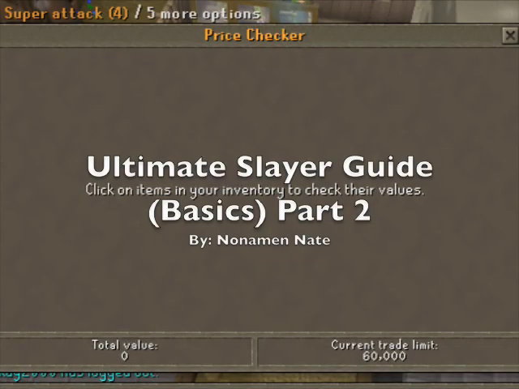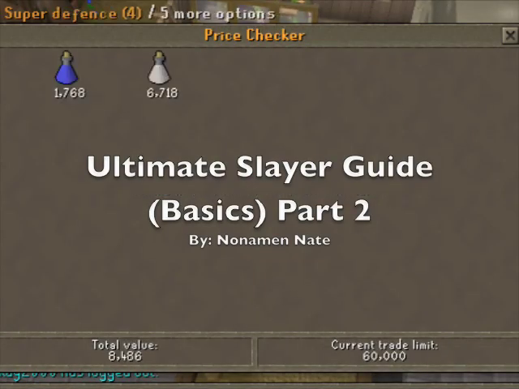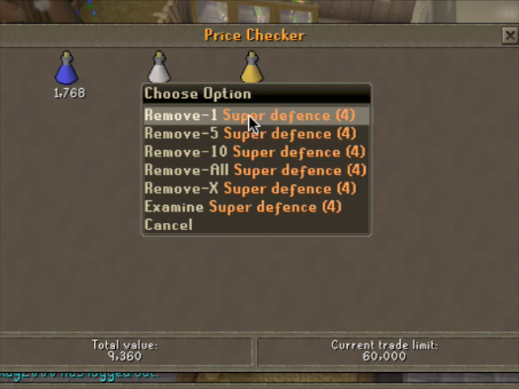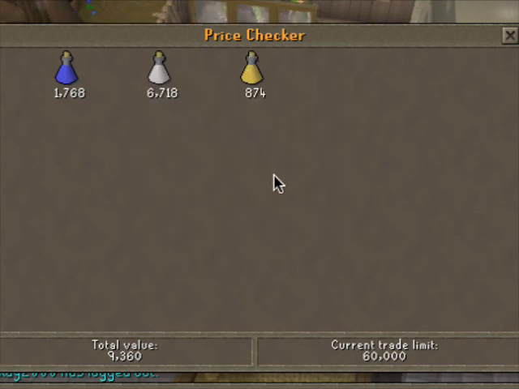Some potions that are very helpful are super attack, strength, and defense. They're less than 10k and they help you hit higher on Slayer tasks. I repot like once every 10 minutes or so. They go down once a minute, and you don't always need to use super defense potions just because you don't need the extra defense